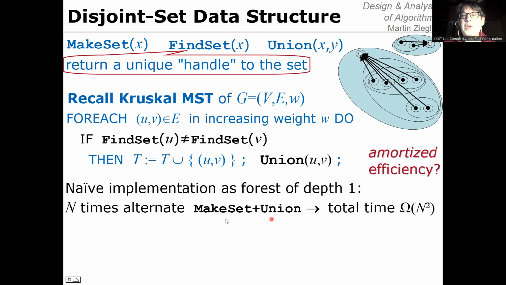alternatingly call make set and union, then this naive implementation can have a total worst case running time of n squared, meaning that the amortized cost is linear. This is far larger than what we're aiming for, right? We're aiming for log star amortized cost, or even for alpha amortized cost, the inverse Ackermann function. But this first implementation has linear amortized cost, which is exceeding that, but this is our starting point for our meta loop,